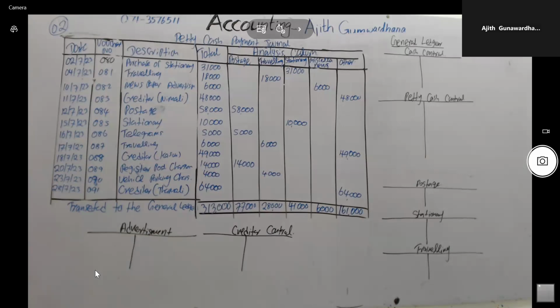That completes the recording parts. Opening balance is also given for petty cash control accounts. If the opening balance is given, it should be recorded on the debit side of the petty cash control account. And think about reimbursement also. Reimbursement is the amount the petty cashier receives from the chief cashier. It has also been given that cash was received from the chief cashier from the beginning.